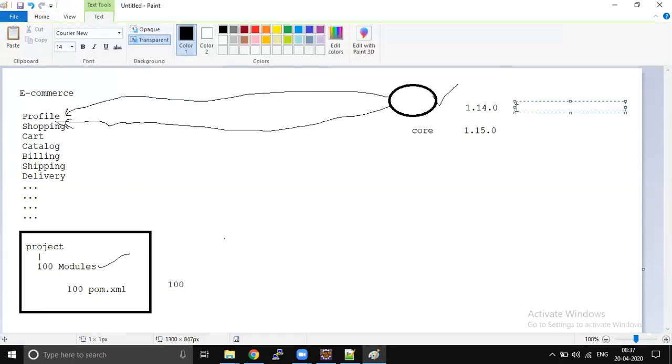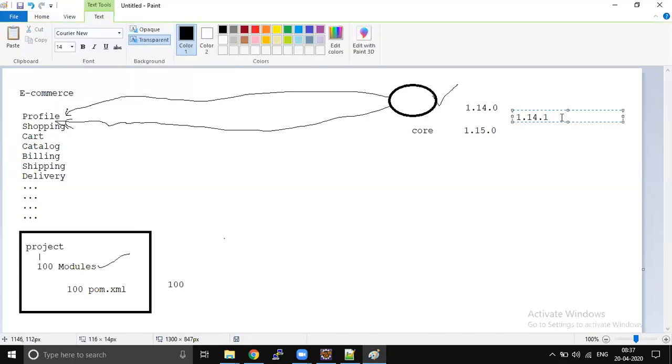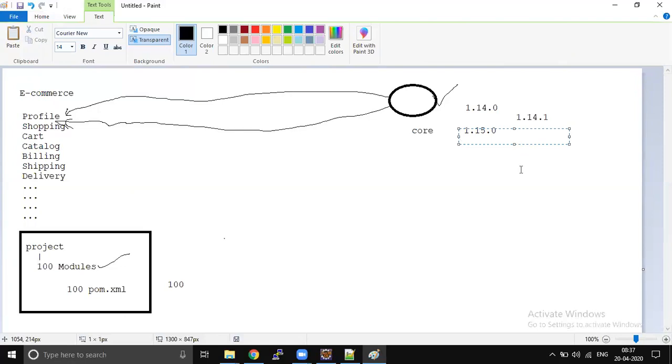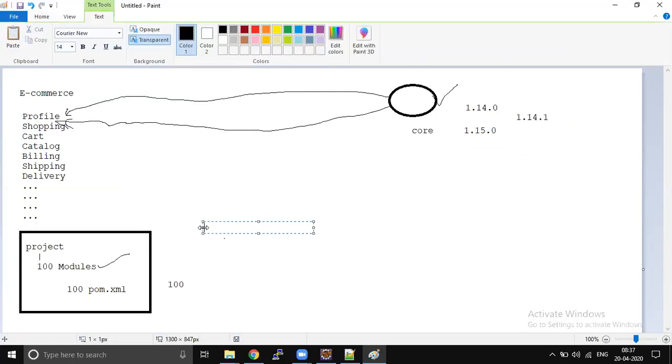Why I am saying the last 0: in between we will have some other sub releases like 1.14.1, 14.2, which are completely ignored. The major version is 1.14, 1.15. So now I am telling all the module owners to upgrade your core version to 1.15.